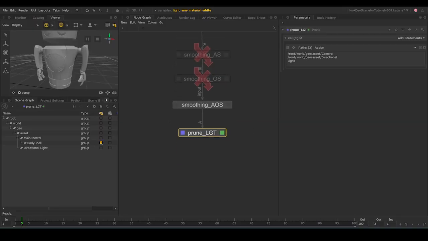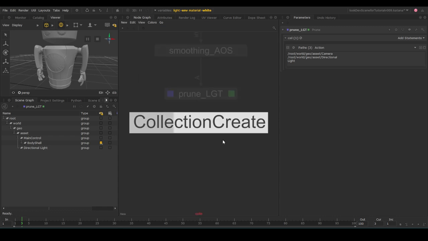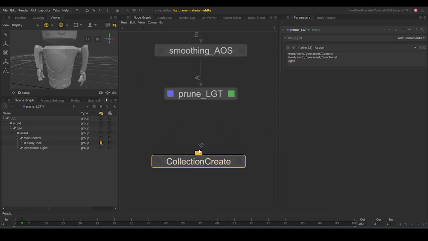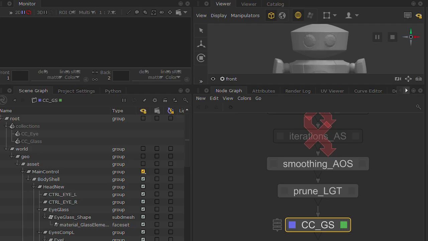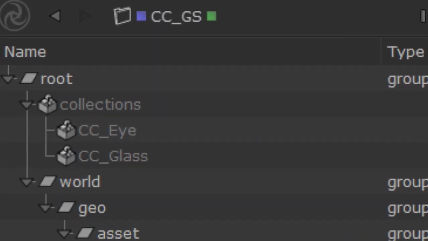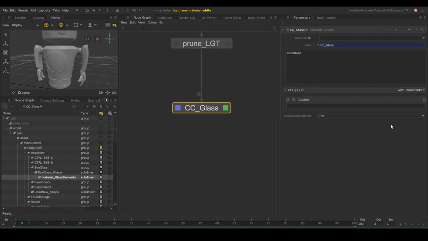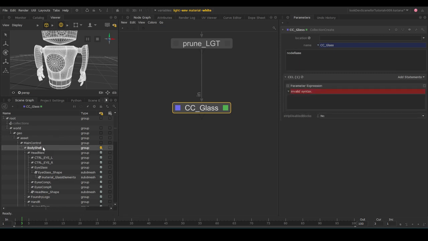After importing your assets, it can be useful to start creating collections. We can group related elements together by placing them under specific collections. Collections will not alter the assets' hierarchy in the scene graph. Instead, they will provide a new path for each created collection, as you can see here. You can easily rename each collection. Additionally, you have the flexibility to add or move elements into those collections by dragging the desired scene path in